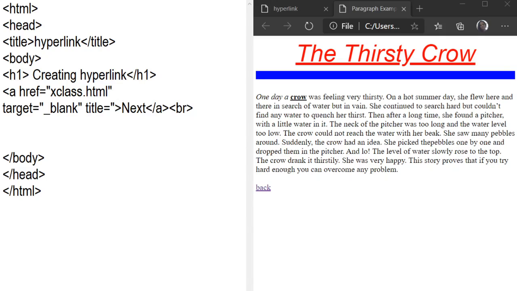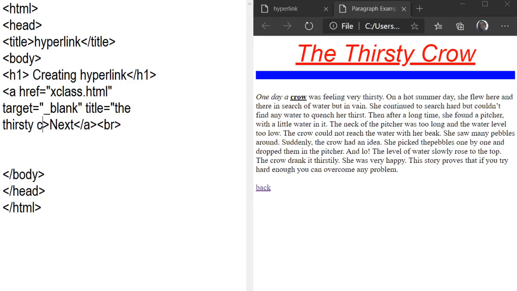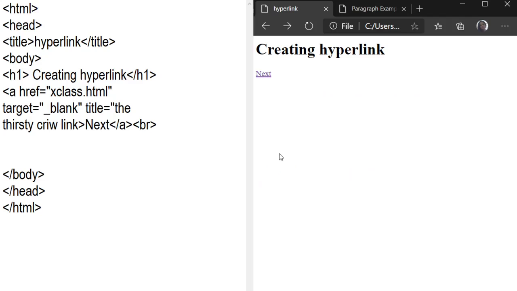For example, we write down the simple thirsty crow link. Okay, you can save it. Again open your first file and refresh. Some error is there, inverted commas are missing. You can put the inverted comma again, save it, come back to your browser and refresh.